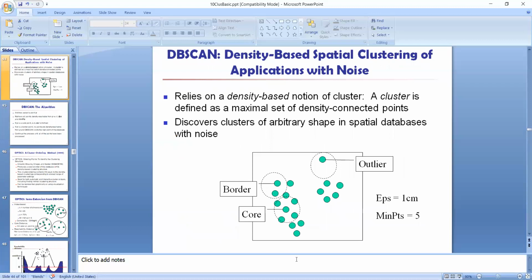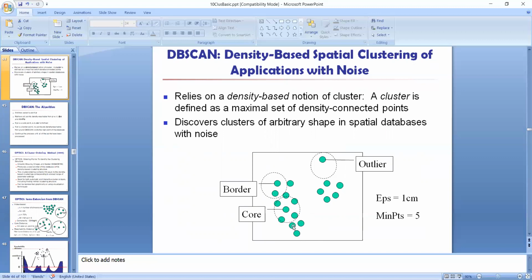So if I take the case of DBSCAN, I'll take this particular point, the initial point, and I'll take all the density reachable points from this point. Collect all the density reachable points from it and check whether this point is a core point. If it is not a core point, if it is a border point, we'll move to the next point and retrieve all the density reachable points from that point.